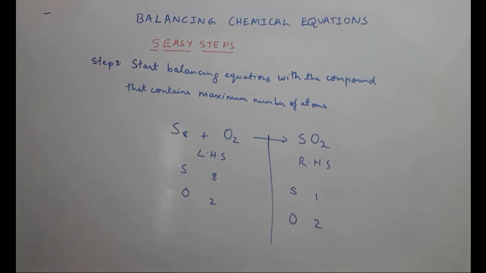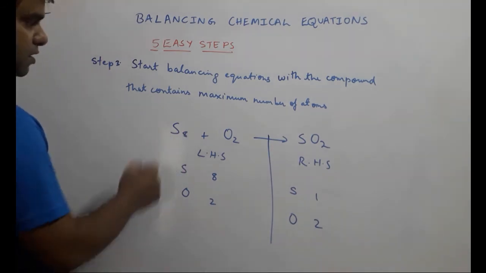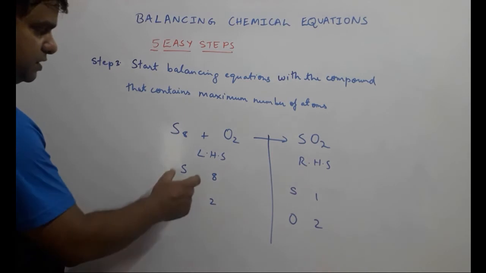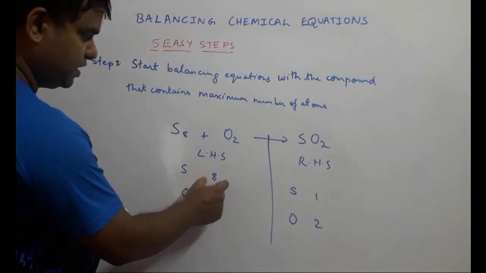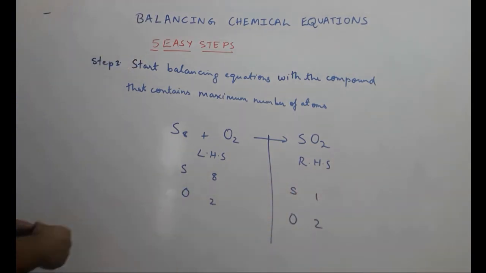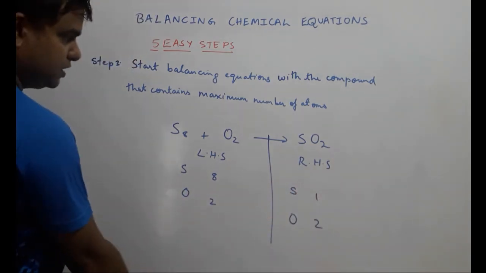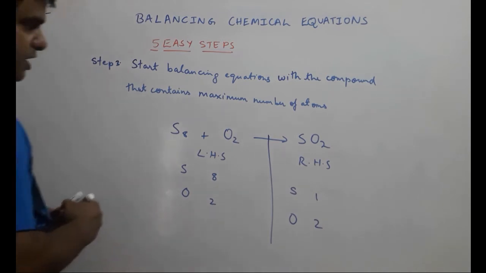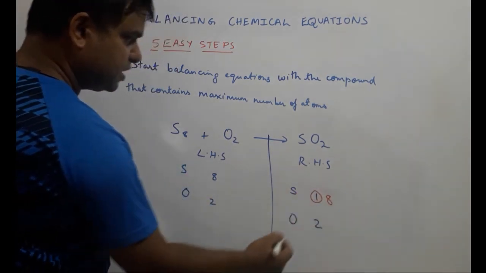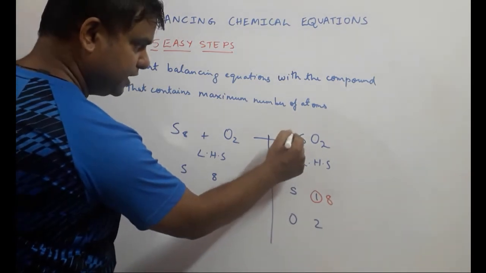Let us begin with sulfur. It has maximum number of atoms. So learning from the previous example, we begin with sulfur, wherein it says 8 on the left hand side and only 1 on the right hand side. So if we want 8 on the right hand side, we multiply it by 8. So this should become 8, and if this becomes 8, that means we need to put an 8 in front